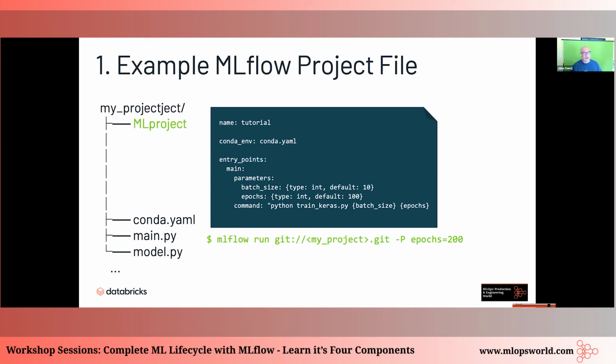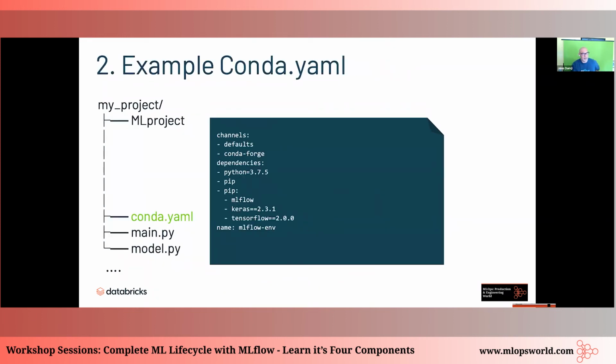The second bit is that you can run this using the command line, or you can use the MLflow APIs. This particular project resides on Git, and you provide the parameters you need. If you don't want the default parameters, you can override them with -p epochs, and you run that. The second bit of the project is what we call the Conda YAML,